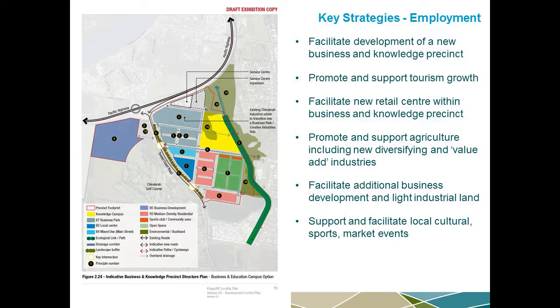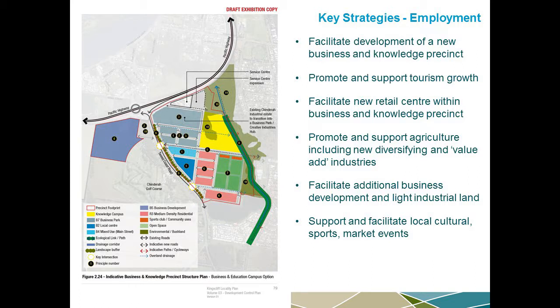So the idea of that would be the land that's opposite the golf course. So here's the Chinderah Golf Course here, and south of the existing light industrial estate. All that land on the right there's a really good opportunity to see some employment generating land uses there. Great access onto the highway. You're not far from the airport. It's a large site. It is flood prone. Our flood studies suggest that you can fill up to 65% of it,